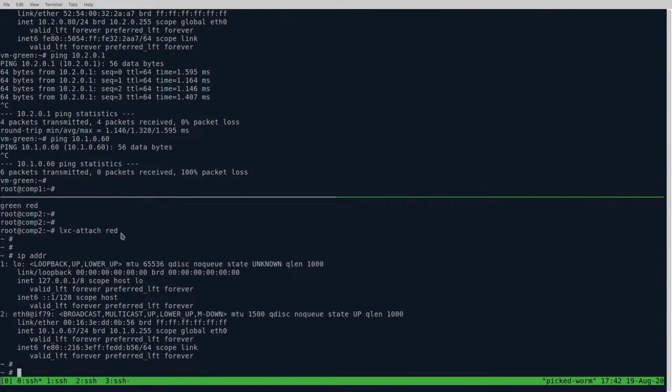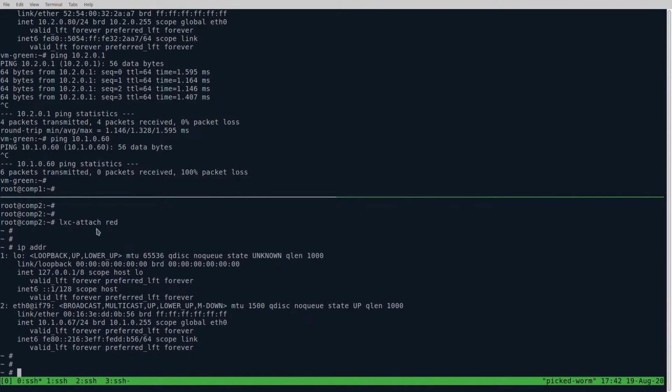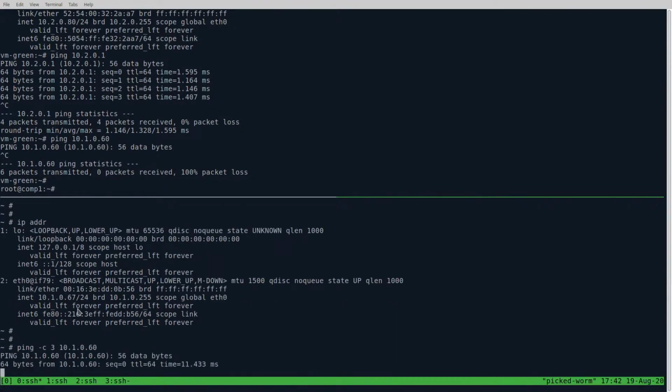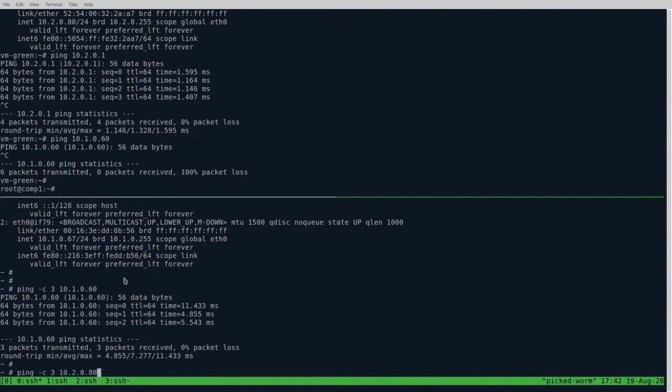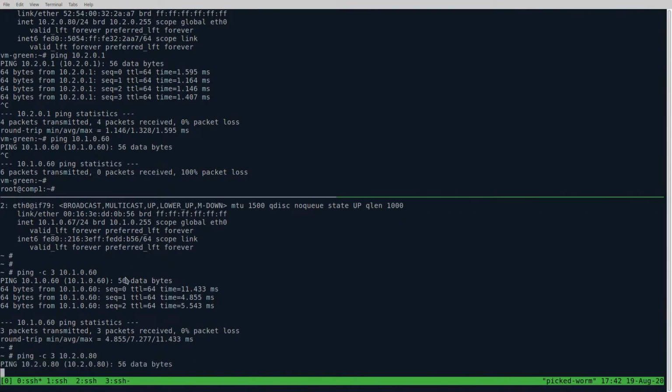All right. So this is the LXC red container. It's got an IP address automatically assigned using DHCP. The DHCP server is actually running on the Comp1 server on libvirt, and we want to check whether or not it is able to communicate with the virtual machine that is running also in VRF red. And this is the case. It can ping it without a problem. Now, just to make sure, let's see if it can communicate with the green virtual machine. And what we see is that it cannot do that, which is also something that we did expect.